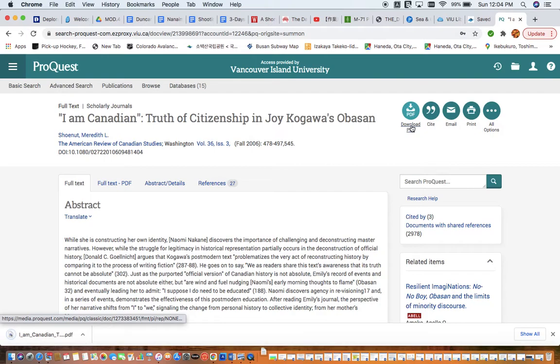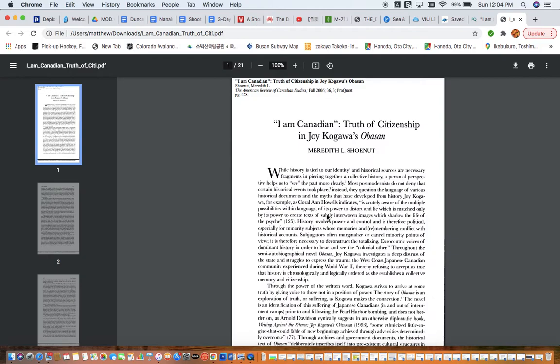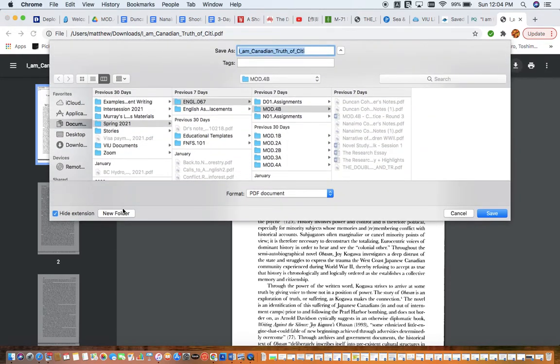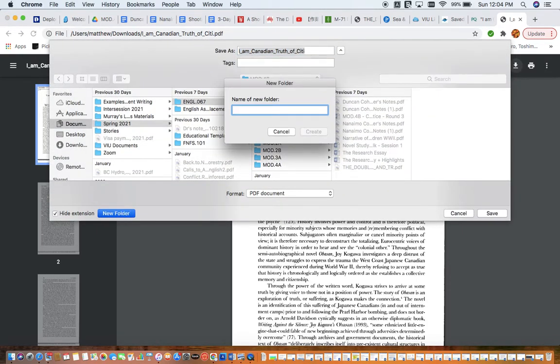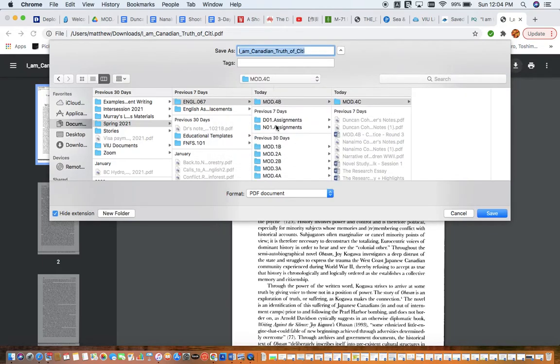So this is the valuable part for us as students, because now we actually have a digital copy of the resource on our computer. So then I'm going to go ahead and save this, and we can see that I'm going to set up a new folder, and you can see that on my computer I've got all of the modules for our English class nicely saved. And then this is going to be Obasan